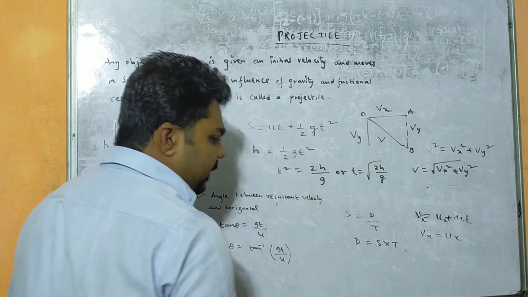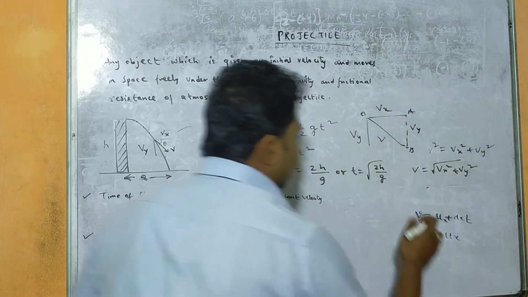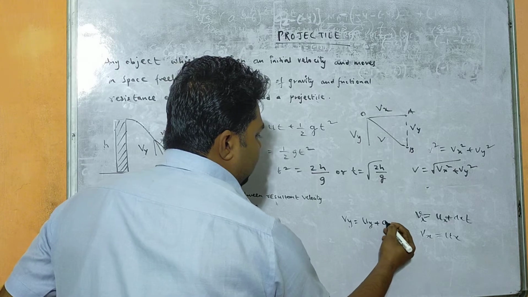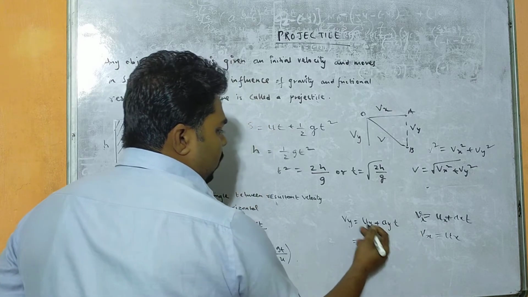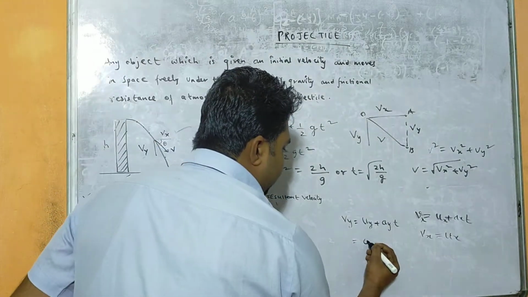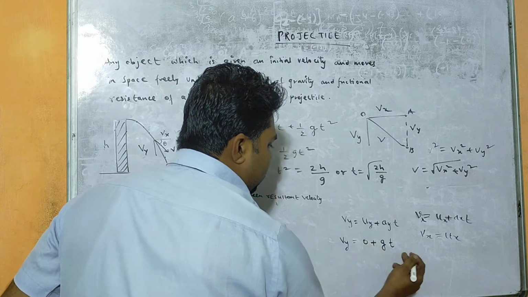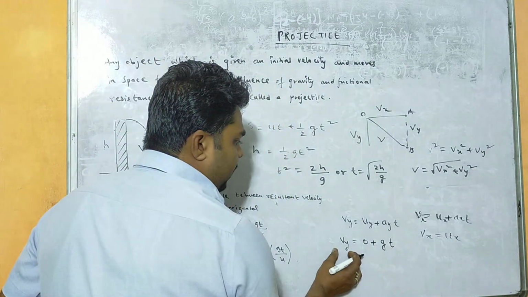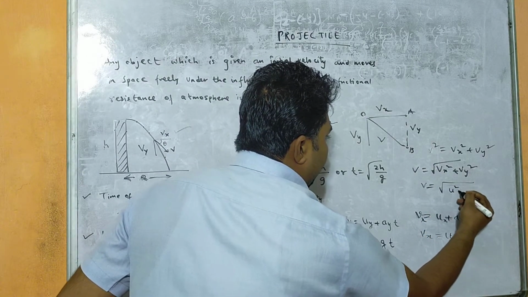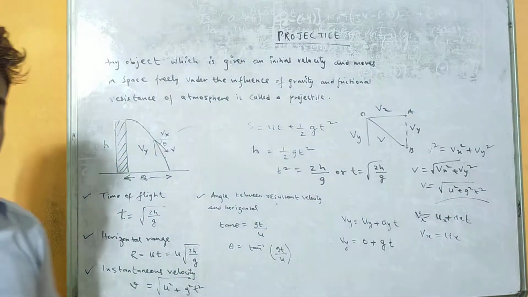Similarly, when we find it for the vertical direction, what will be the velocity along the vertical direction? That is Vy. See, Vy is given by uy plus ay into t. Now uy, as the object is initially horizontal, uy is here 0, ay is our g, and this is t. So Vy equals to gt, right? Now when you substitute the Vy and Vx values here, we will be getting root under u square plus g square t square. That is the velocity with which it strikes the ground.